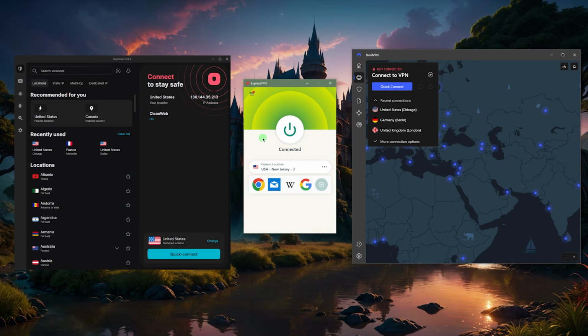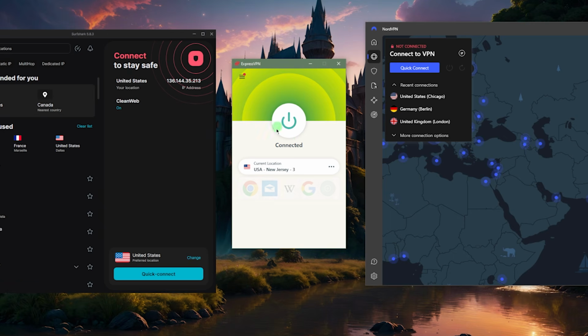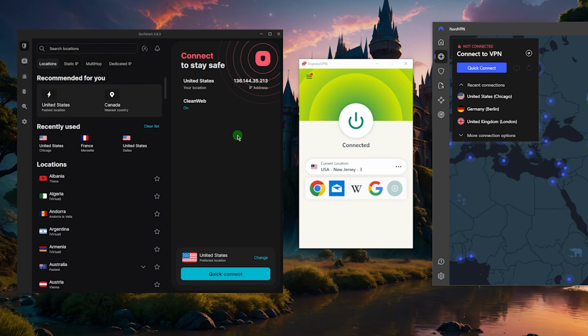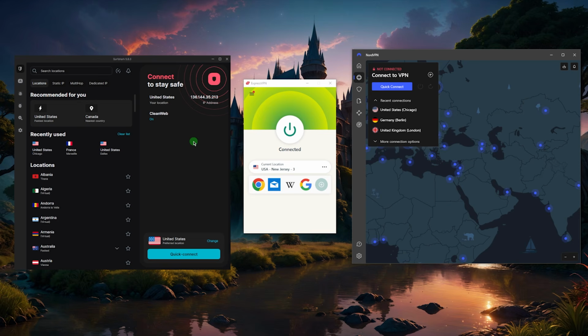But for a quick recommendation, if you're looking for the easiest and quickest to connect, I just love how quick it is when it comes to connecting and disconnecting to the servers with Express. Again, if it takes long, it takes 2 seconds. So that's just great. Whereas with NordVPN and Surfshark, it takes roughly an average of 10 seconds to connect to a